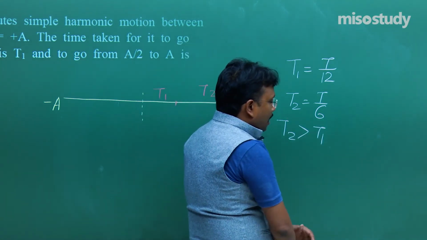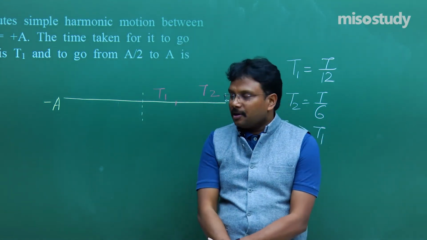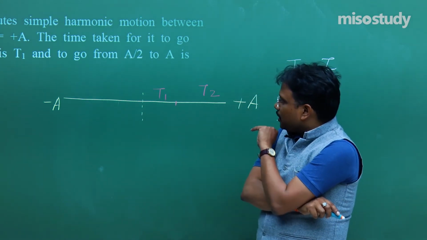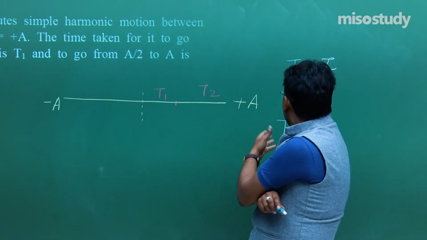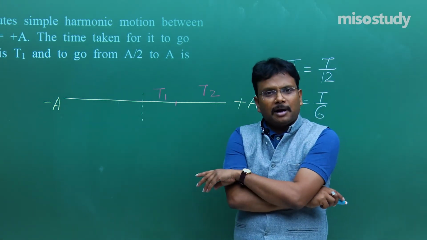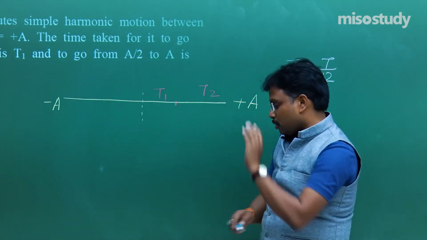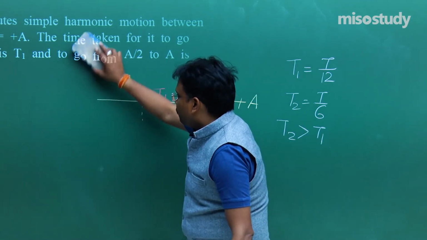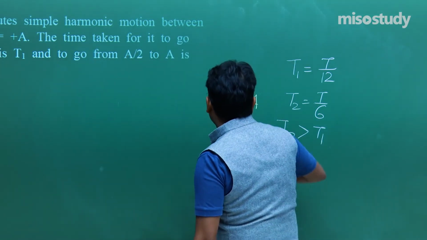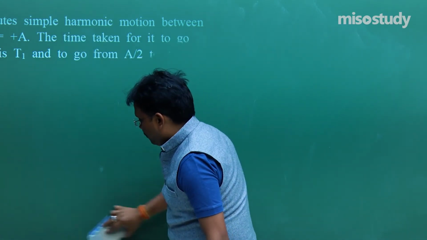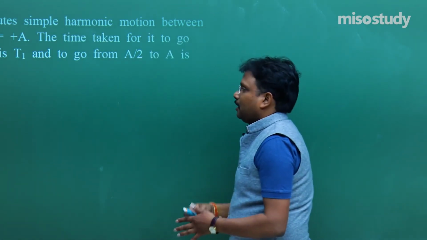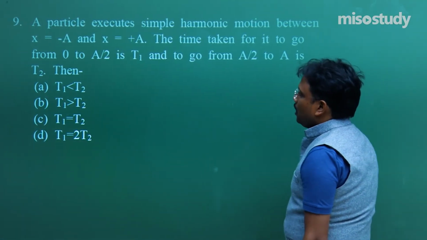I am sure many of you will say, what's this? One yellow color line, then two red color T1, T2, and then T1 is equal to T by 12, T2 is T by 6. What does it mean? Okay. You don't love paintings, you don't like art, no problem. I know you are very brilliant students and you love physics and a lot of mathematics. So, let's do it that way.